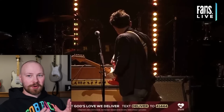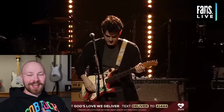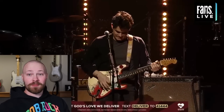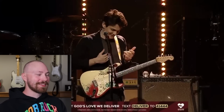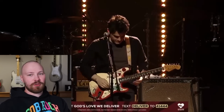Okay, now to this point we're going to discuss what pedals John was using for Wait Till Tomorrow, and the first point here is actually kind of cool. So right before John launches into Wait Till Tomorrow, he plays a few notes on the Monterey Strat, which is like, oh my god, he's finally brought that guitar back out for this performance. But he has quite a bit of delay on,